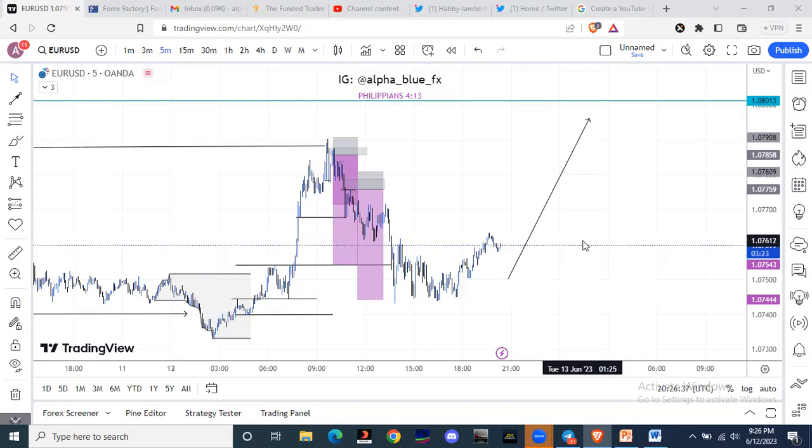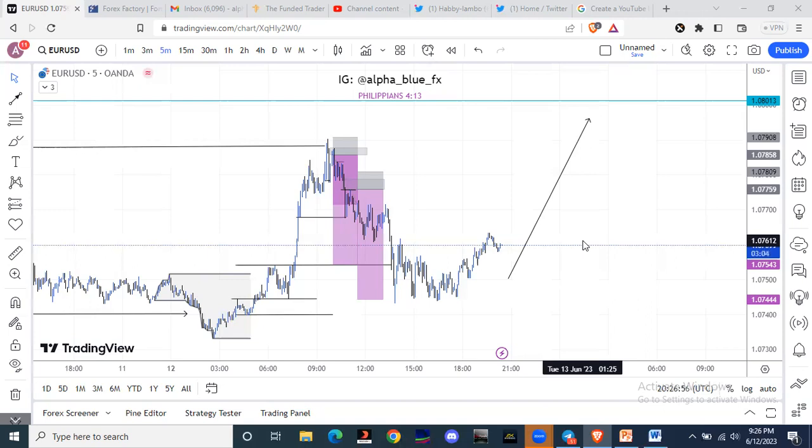You've already set it in such a way that you will never lose more than $100, as far as you follow this rule, as far as you calculate your position size right and you get the exact lot size to use to take that trade. You're never going to lose more than 0.5 or 1% per trade. So that is risk management.